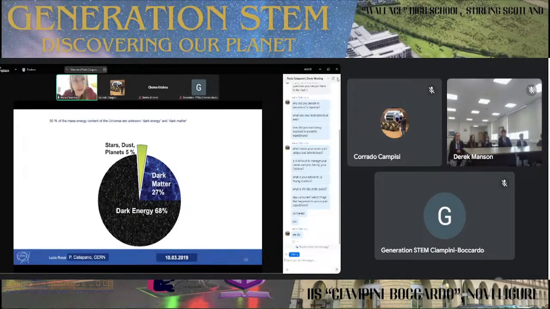But we also know that the universe expands from the moment of the Big Bang. That is pretty well known, and it's pretty clear that it must do that because the formation of stars and galaxies at the beginning of the universe is due to the cooling down and the gradual expansion of the ingredients of the primordial universe. But we also measured that this expansion of the universe accelerates. And this acceleration is not justified by the visible matter, nor by the dark matter. So the hypothesis today is that there must be a dark energy that is prevalent in the universe, the most important component of the universe, that justifies the acceleration.